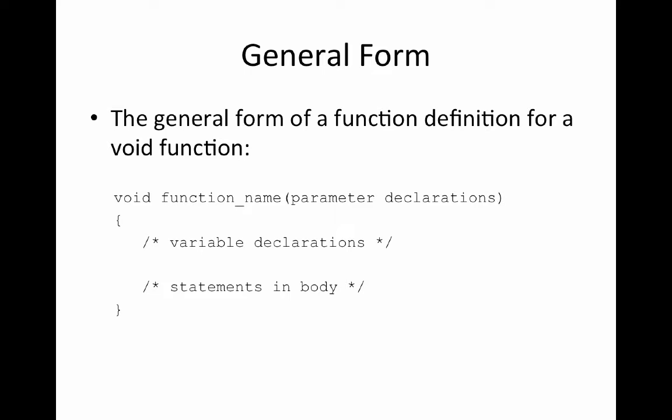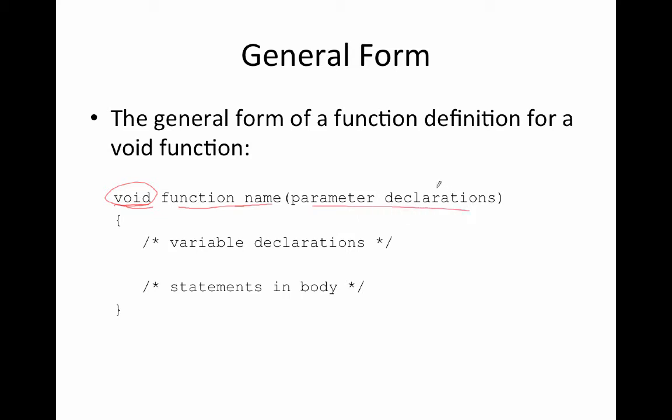The general form of a function definition for a void function looks like this. First of all, in the function header we have the word void. So again, this is what is called a void function, a function that has the word void at the beginning because it doesn't have a return statement. It's not returning anything. So we have the word void, then we have the name of the function, then we